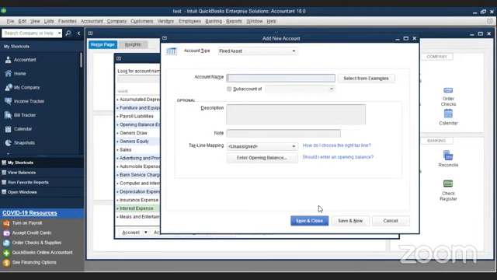Then it will ask for the account name. So I'm going to say it's computer. You can always put a description, but you can also leave it off. You can simply go to enter your opening balance. Now I'm sure you all have an idea on accounting. Basically, the opening balance, if it's for a new company, will be the cost.